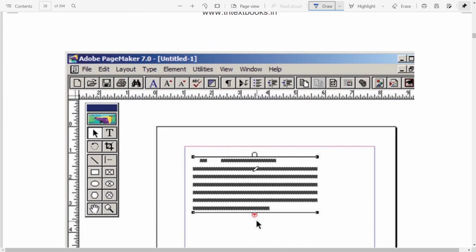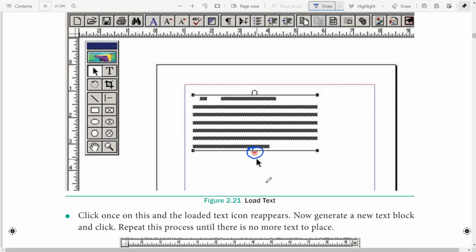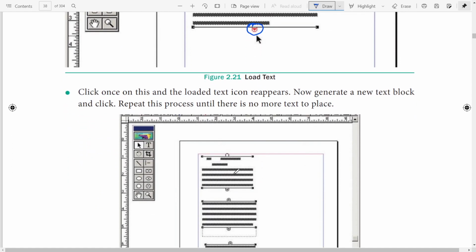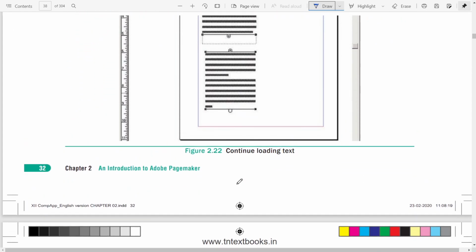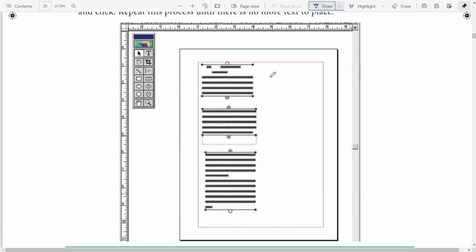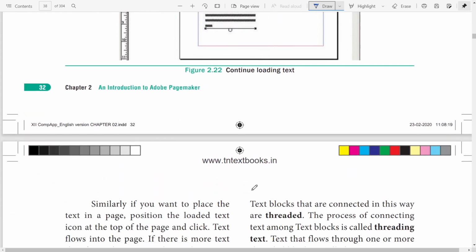Okay, see, after importing it, I have observed the triangle. Now I can expand the file, or I can split the file. So I have split this. In this way it will appear. See, I have marked it as first block, second block, and this is the third block. These are text blocks. Yeah, okay.